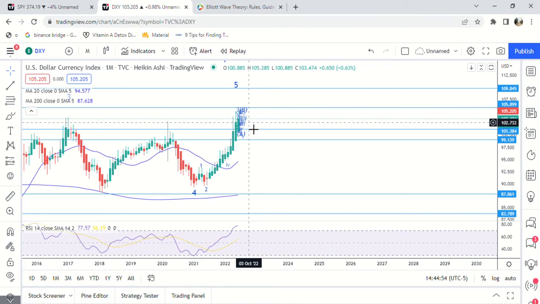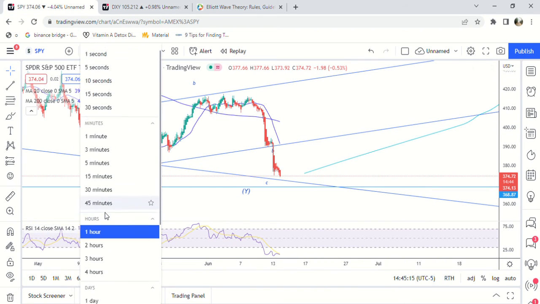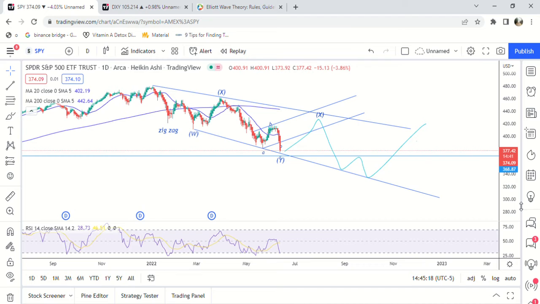a fourth wave. And then, like I said, I have August being the move higher going into early August. That would give us a red bar on June and July, kind of similar to this, down in this area, and then we would have the final move down on SPY after, if you watch my video on SPY, we would get this move as the dollar goes down to 99 to 100, and then when the dollar made its fifth wave move, we would get the plunge down to 330 or 340.